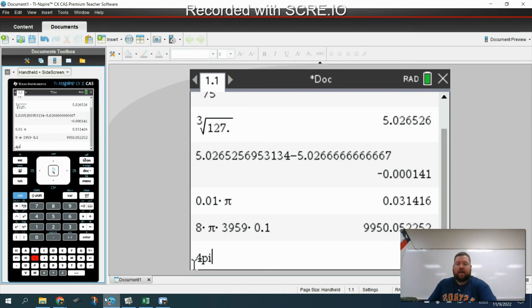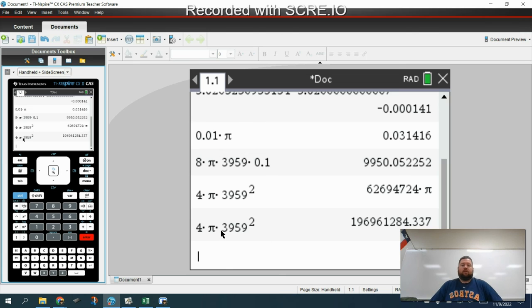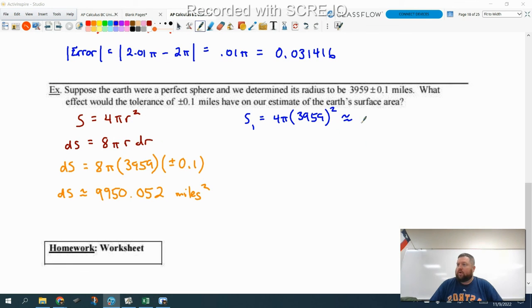So that is 196,961,284.337. All right, and then we're going to do S2, which would be 4 pi times, and you can either add or subtract 1. I'm going to add because it's easier,